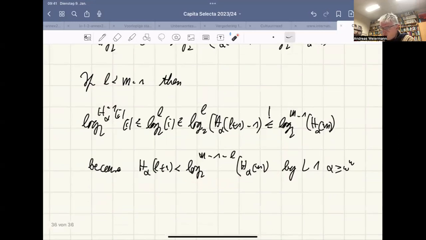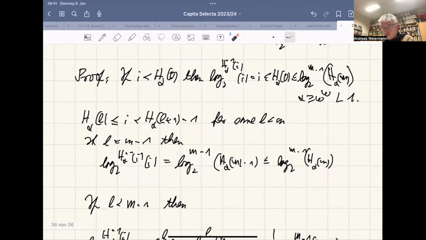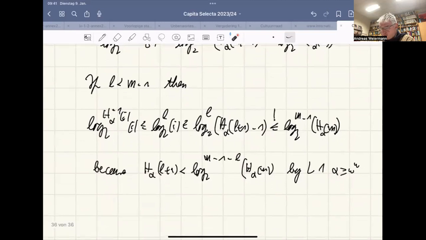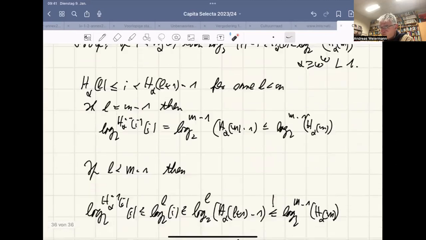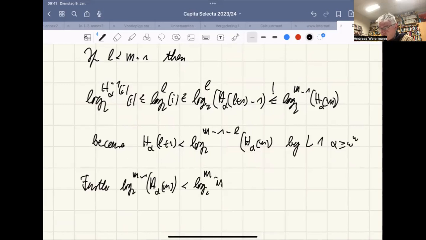Okay, we have this property. Now, we have shown this one. Okay. Further, if we now have log 2 minus 1 h alpha of m, this is bounded by log 2 of m, which is the same as log 2 of h alpha inverse of m, of capital M. This is a small m,